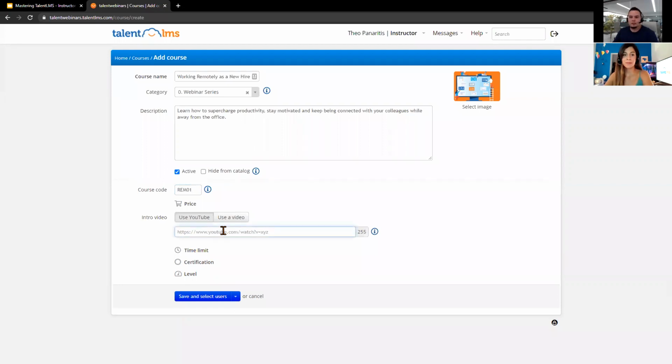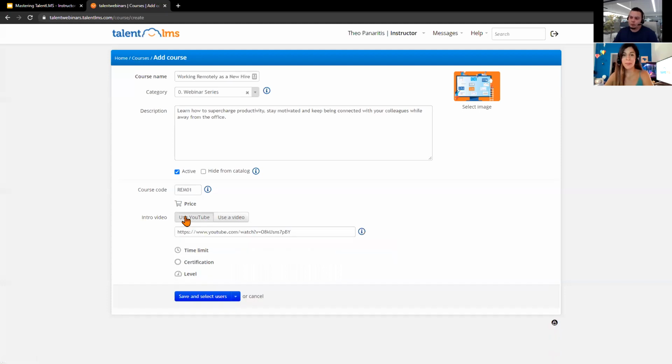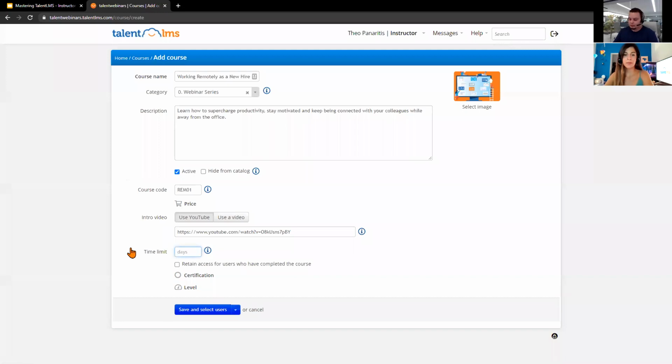It works in the same way as they do in the movies. The user can see a YouTube video or a video that you will have uploaded yourself from your device. And it's a good idea to add one because the user gets more engaged and they have a visual representation of what to expect. In the time limits, you can add a number of days that the user will need